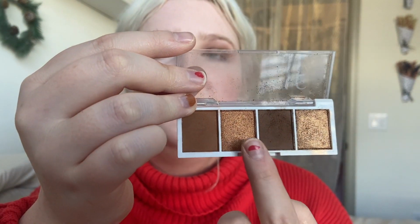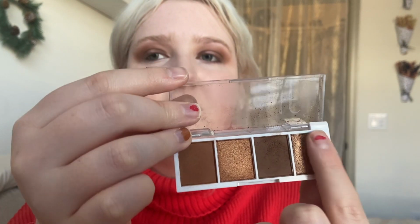Alright, I'm going to take that same color we first started with, which is the orangey matte brown, and I'm just going to reapply that in the crease slightly, just so we don't lose that tone. And that's going all over the crease, I'm not stopping in the middle. And then I'm going to take this shade, there's two shimmers, one kind of orangey, more coppery, and then one bronzy. I'm going to take the bronzy one with my finger, and I'm just going to apply that in the center, kind of above the crease as well, and then kind of tap back and forth to blend it into the...